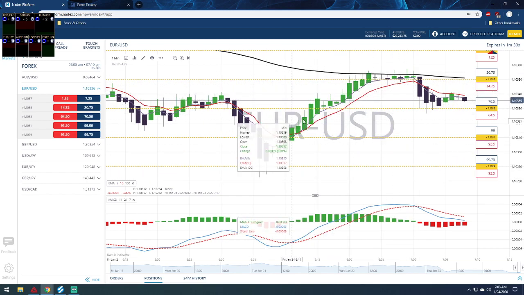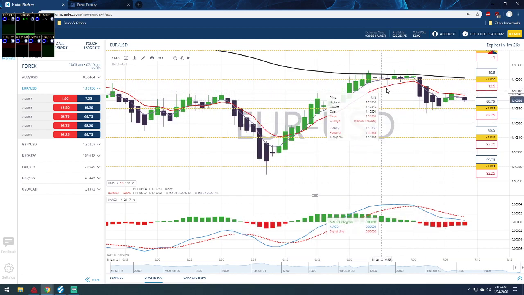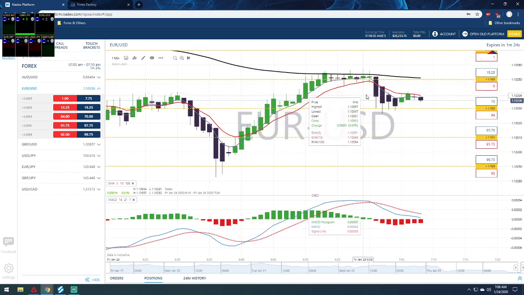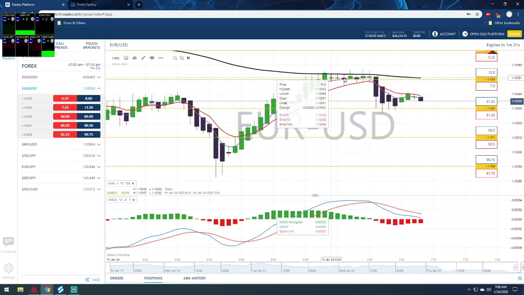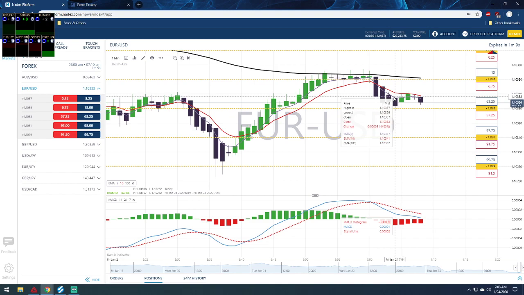Keep following the trend. As long as you're identifying the trend, you're going to win more than you lose. Don't take trades when there is no trend, like right here when it's consolidating, because you don't know what direction it's going to go in. As you can tell here, we don't know. And then it breaks out right here. You could trade on the breakout, because when it breaks out, there's a low chance that it's going to come back